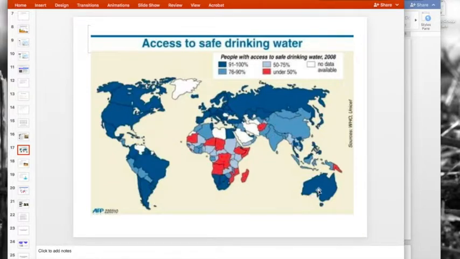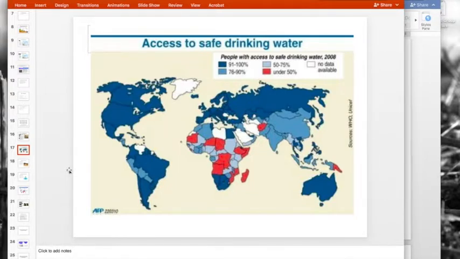Australia, not that it rains a massive amount, but that they're wealthy enough to move it around and treat it and extract it from the sea with desalination plants, etc. We'll go on to those later in the unit. We can see primarily this is an African problem. It's primarily a sub-Saharan African problem, with the exception of the southern tip of Africa. We can see these red countries are countries where under 50% of the population has access to safe drinking water.